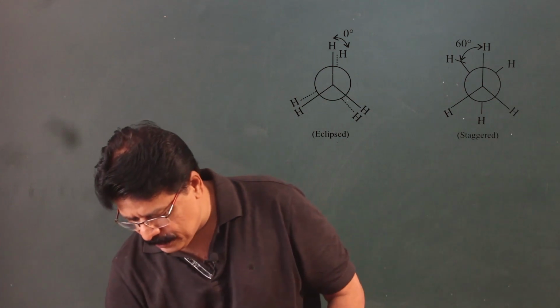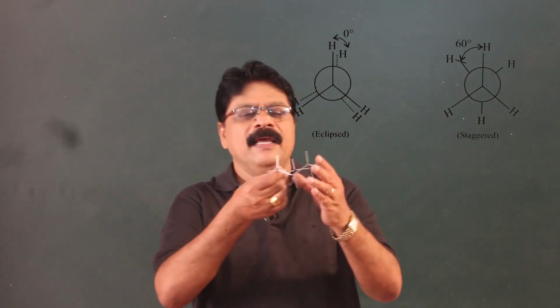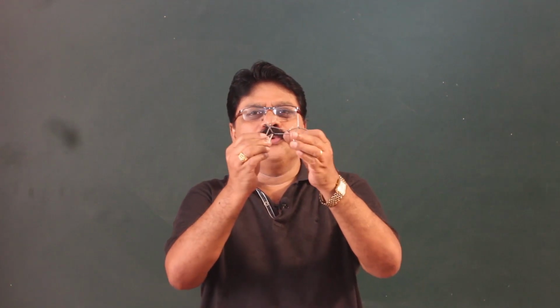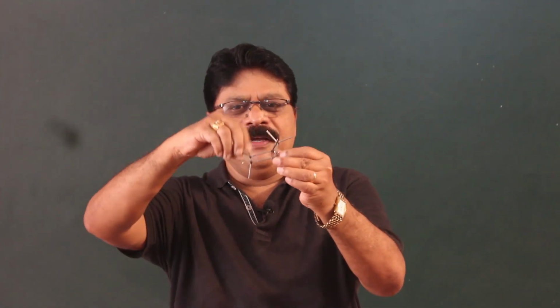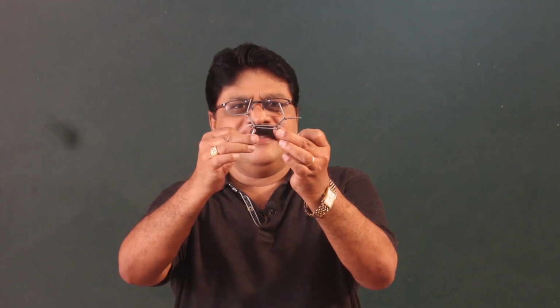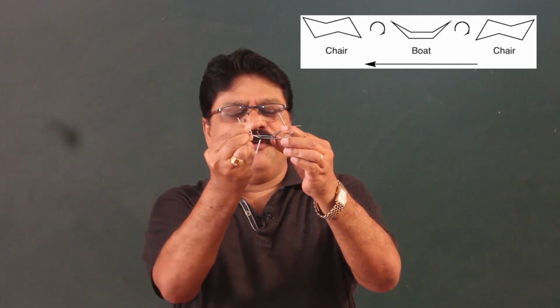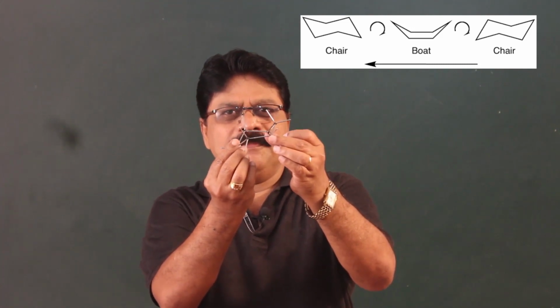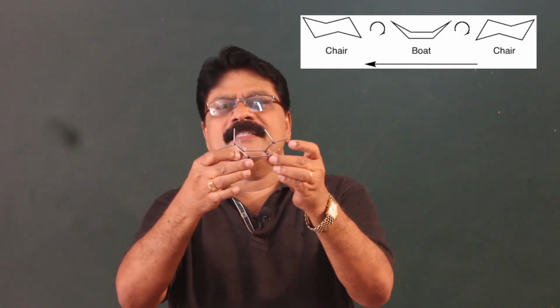Now, let us talk about a closed system like cyclohexane. Cyclohexane has 2 important forms. One is this, it is called the chair form, and it can just flip to form the boat form. So, here flipping of the molecule takes place from one form to the other form. The 2 distinct forms are the boat form and the chair form.